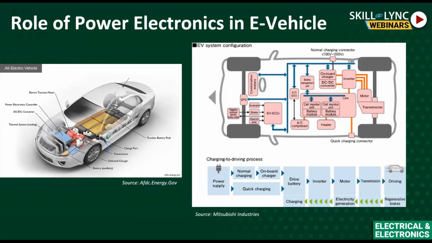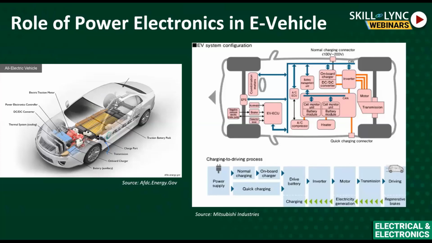You can see the onboard charger and DC-DC converter here. CAN bus is the main communication used in this vehicle, from one unit to the other: the onboard charger, the DC-DC converter, as well as the battery management. Also, you have the power electronics for the AC compressor. You have the inverter for the AC generally in the cars, one more power electronics along with the AC compressor. So there are a lot of power electronic converters inside, apart from the main traction inverter.